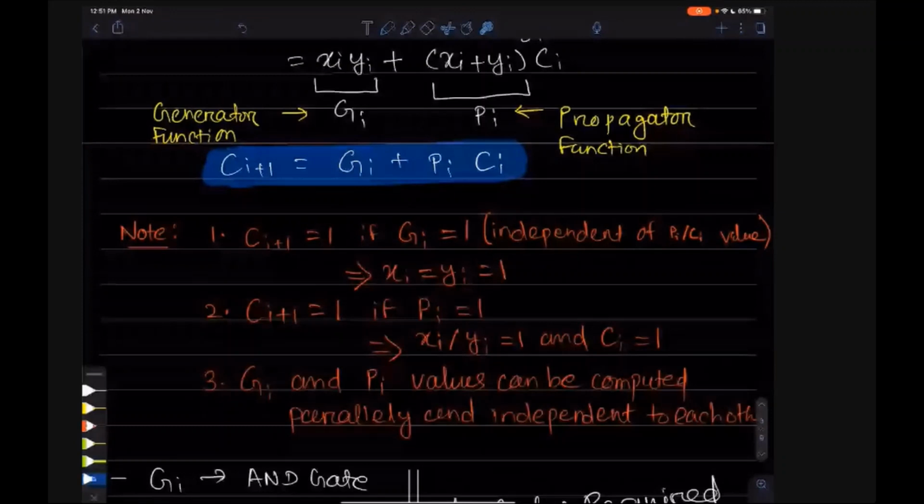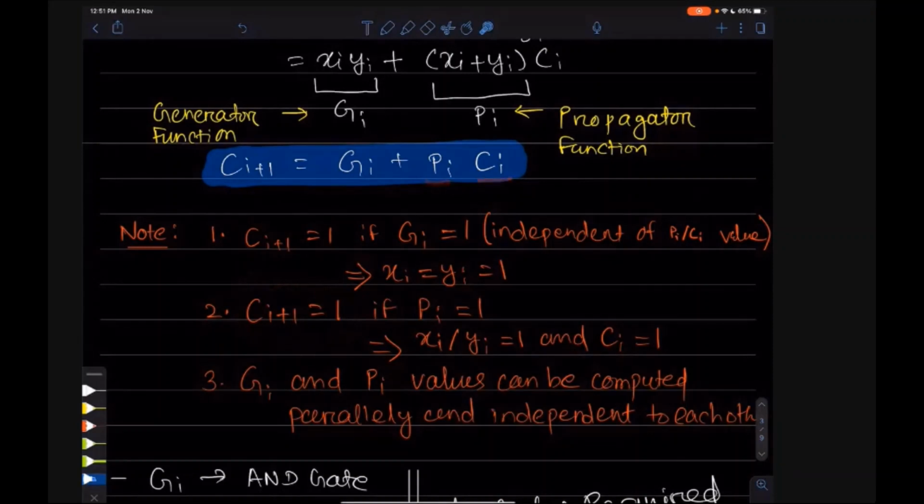Then another case will occur when Ci plus 1 will be 1, when this Pi Ci part will be 1. We have said that Ci plus 1 will be 1 if either this will be 1 or this will be 1. We have seen when this will be 1: when xi and yi values are 1.